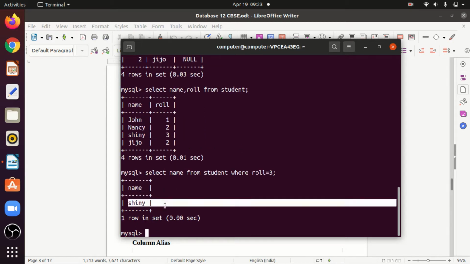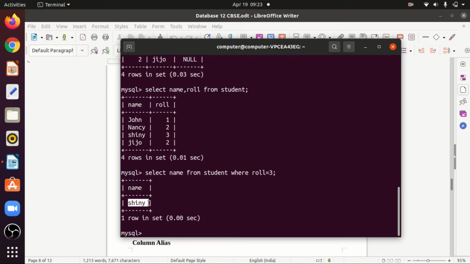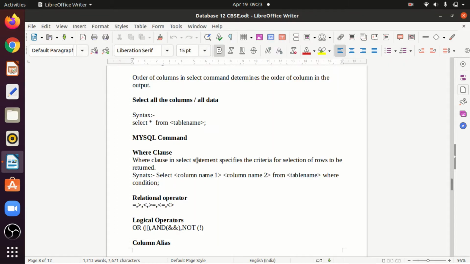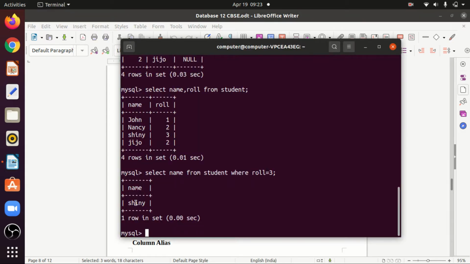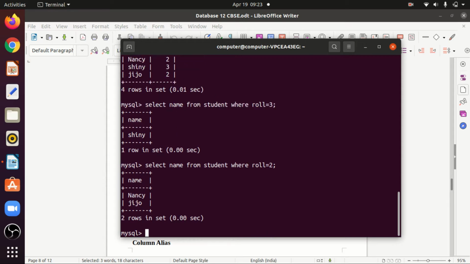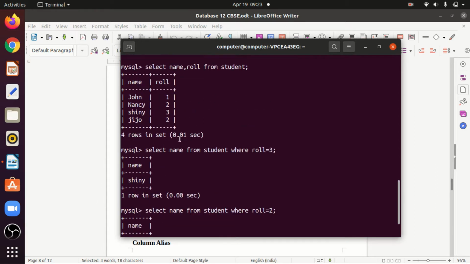So why do we use the where clause? The where clause is used whenever you want to select particular rows. For example, if I write where roll number equal to 2, you know that two persons have the same roll number, so it will print both Nancy and Jijo. Because if you see this particular table, you will find that Nancy and Jijo both have the same roll number.